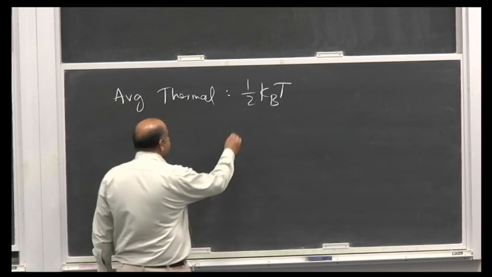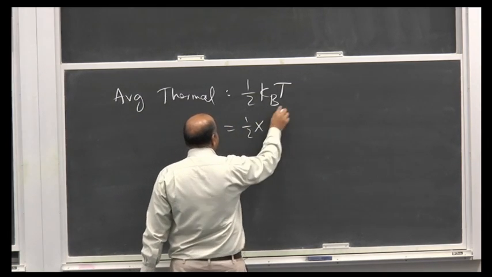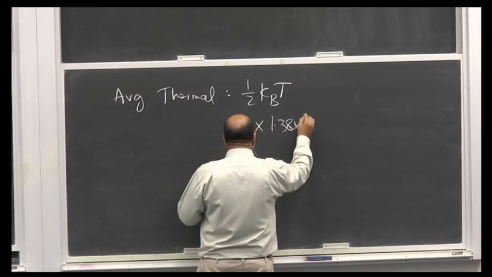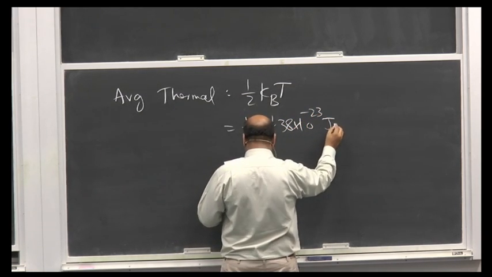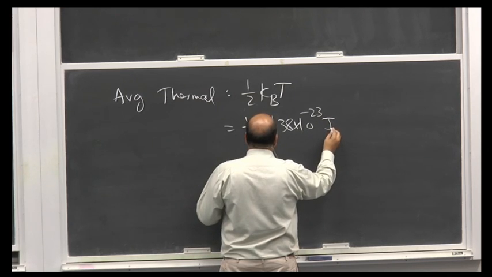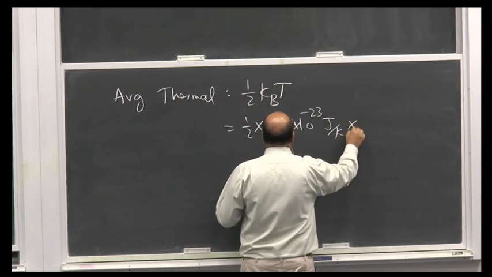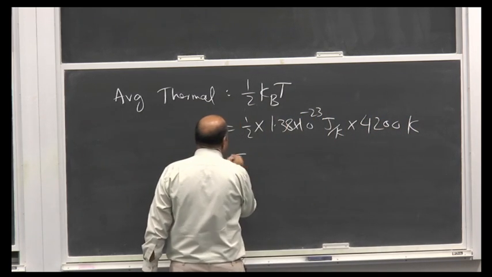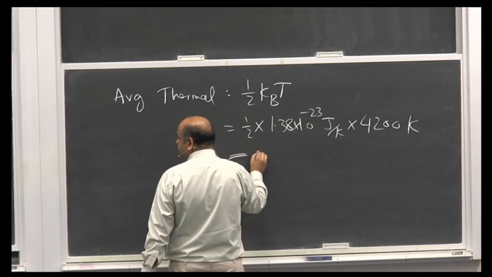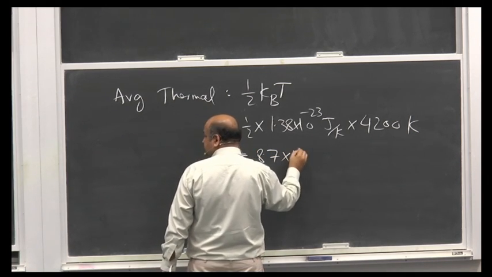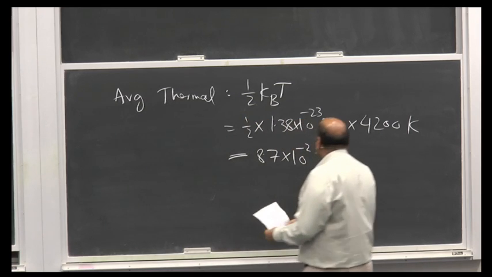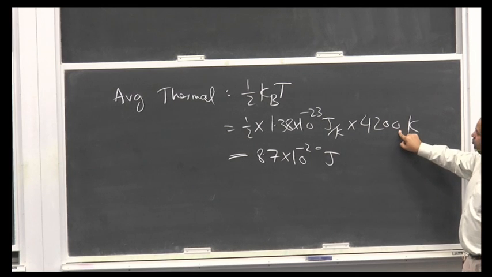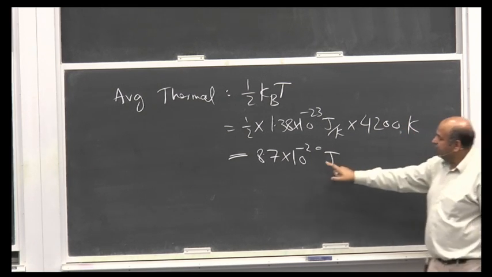तो उसके लिए क्या करना पड़ेगा? This is half, this is Boltzmann constant which is 1.38 × 10^-23 joules per Kelvin। ओके, सो अगर आप टेम्परेचर 4200 केल्विन का रखें तो जो मॉलिक्यूल की एवरेज थर्मल एनर्जी है वो इसके इक्वल